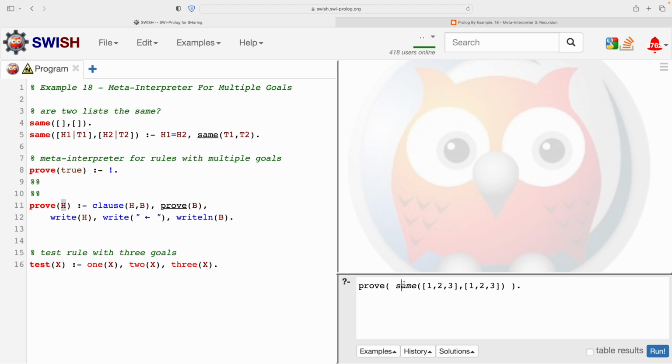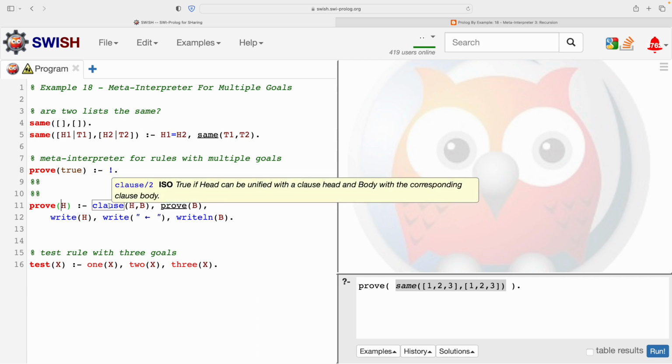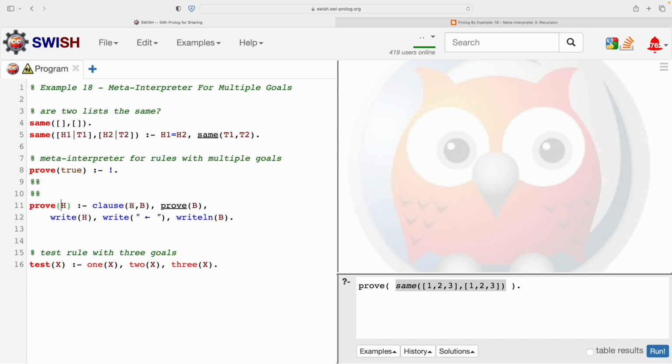So this would be the parameter that's passed to prove, that's h. We are then looking for a clause that matches that query, same as last time, and we would find one,